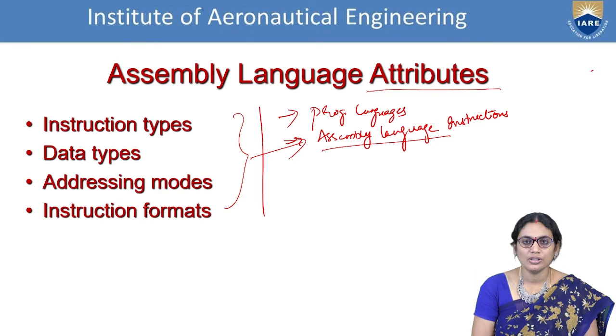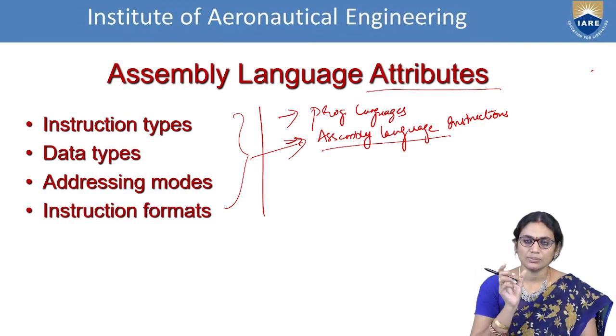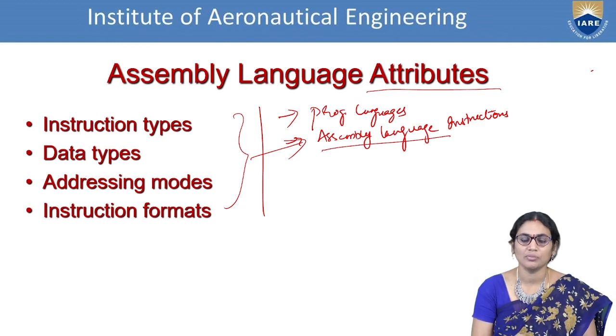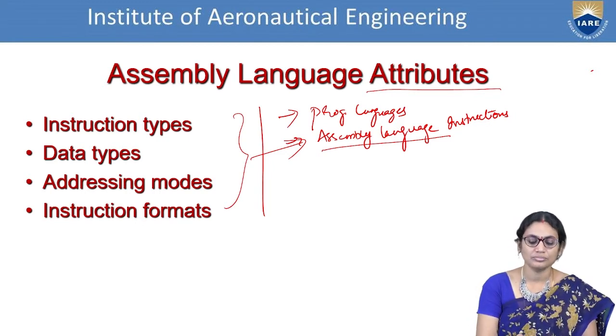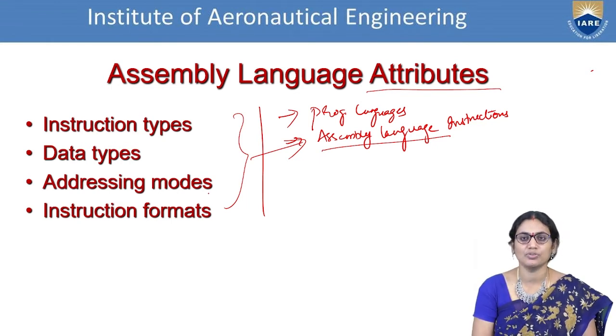So, in this case, what are you doing? You are finding first what is the meaning of this and what is the intention of that particular statement. What is the statement given by the user as a part of the instruction? What does that instruction mean? How to represent that instruction? These are the issues we have to consider for the assembly language notation, because it considers the interaction between high level notations and machine level notation. So, it cannot just convert like that. It has to first understand the meaning, and provide the bit representation so that it can handle the machine instructions. So, these 3 things are the basic concerns you have to follow. Because of this reason, we are considering the 4 basic attributes of the assembly language.